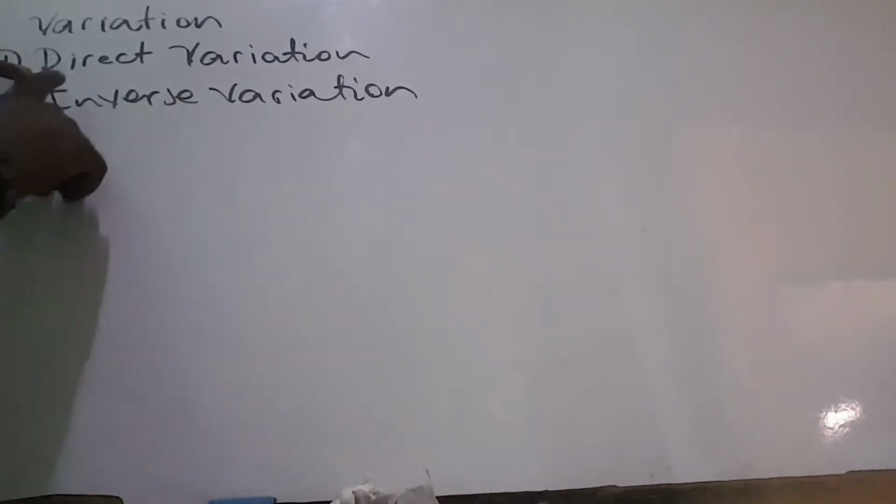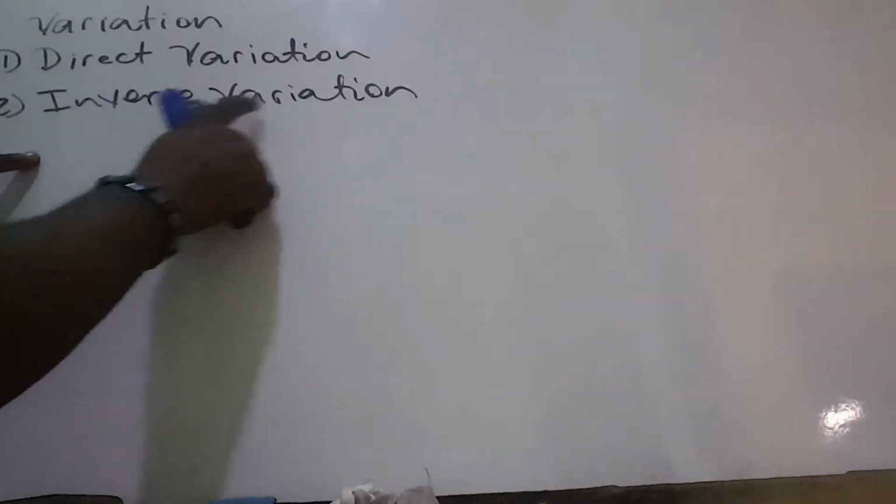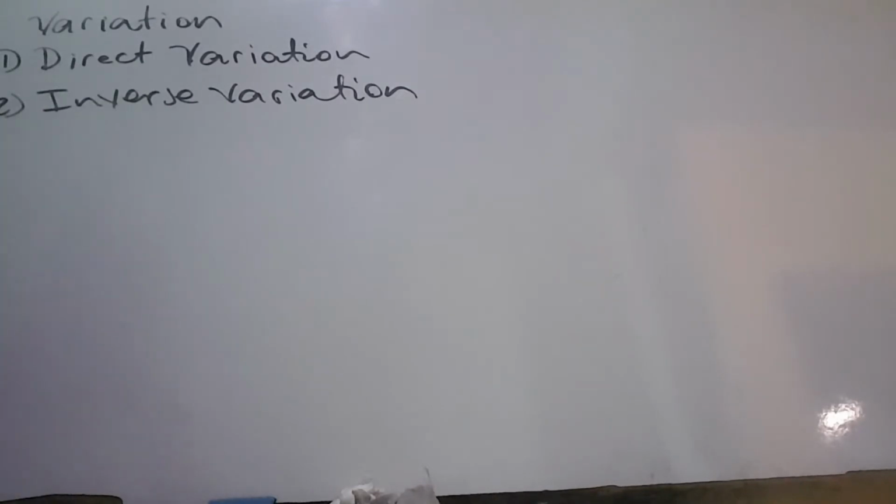Alright, so we're looking at variation. There are two types of variation. One, we have direct variation, and another one, we have inverse variation. Let's start off by looking at the direct variation. In the direct variation,